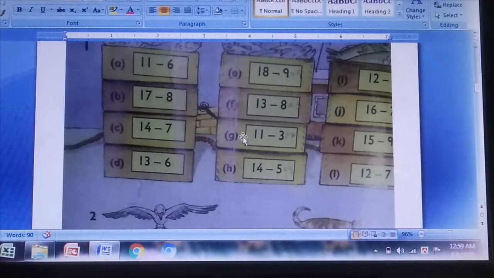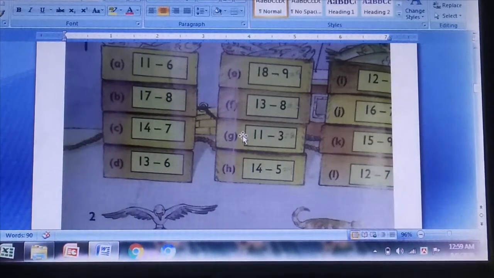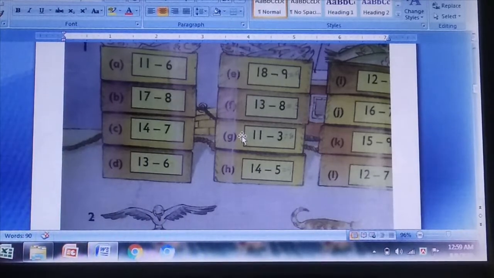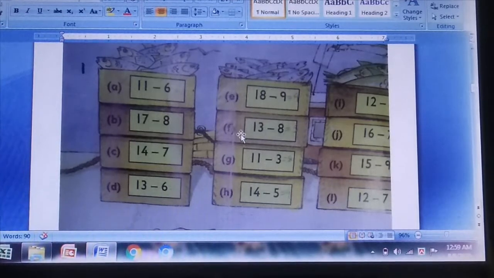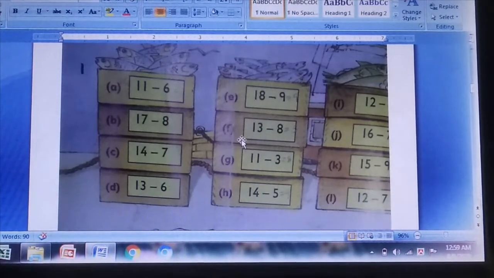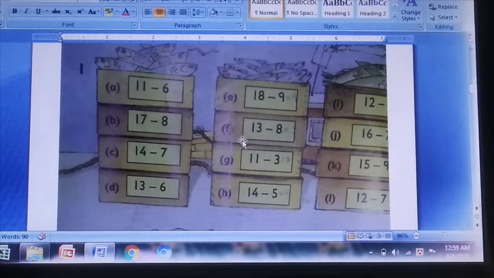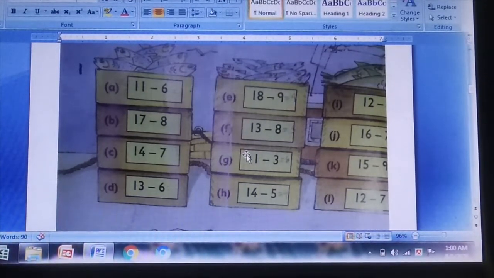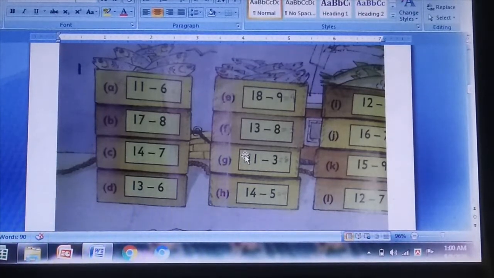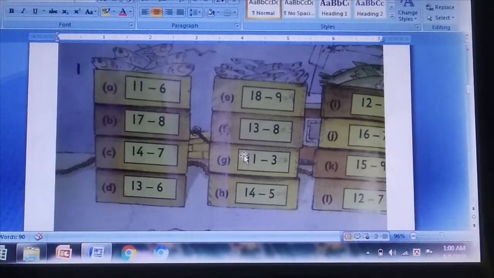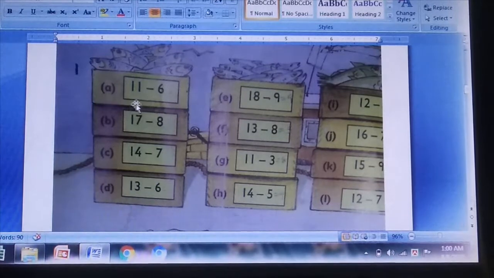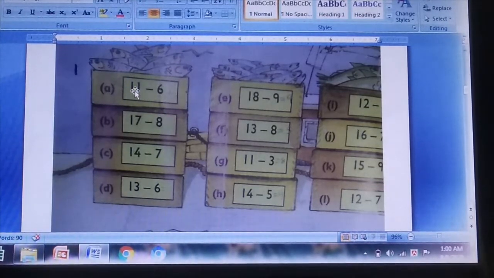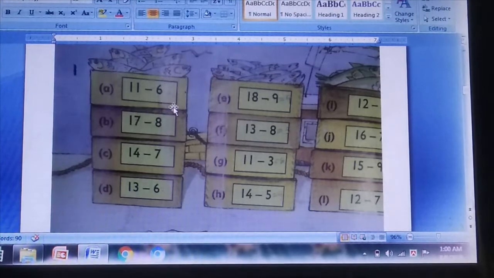We already did the subtraction, the process of subtraction, how we minus the number. In page 17 all the subtractions are borrowing subtractions. That means you just arrange the number in a column and subtract or minus the number using your fingers, counts on your lips. These all are borrowing subtractions. You know what is borrowing subtraction? You see the cursor, right? When we minus or subtract any one-digit number from a two-digit number, we just maintain the tens and units and we just arrange the number in a column.